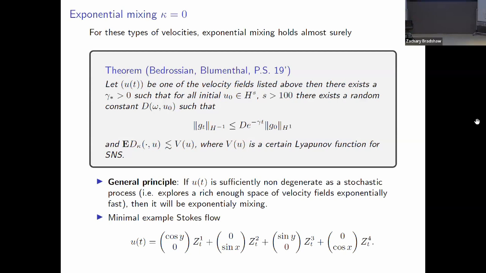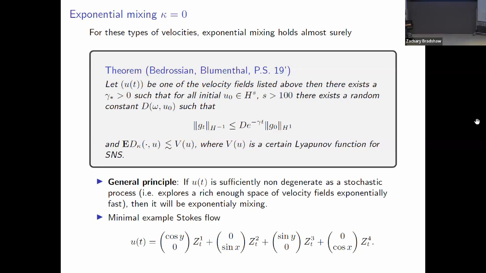So the first result that I'll mention, which is proved by Jacob, Alex, and I in 2019, is if kappa is 0, so we're just looking at mixing, these types of velocities, I'll keep that somewhat loose, they exponentially mix almost surely. So to be more precise, if I have one of these velocity fields that's listed above, think the stochastic Navier-Stokes